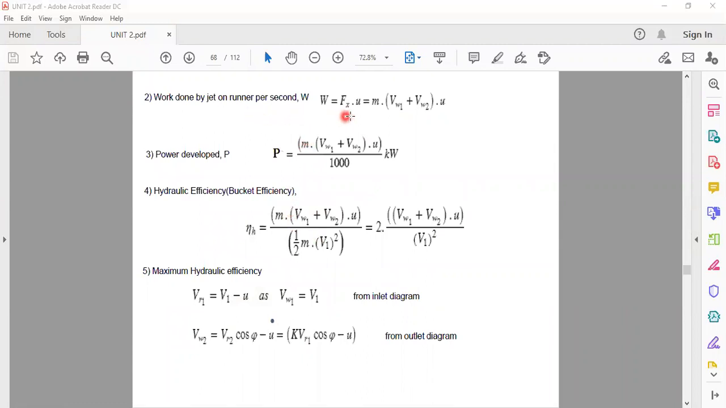Work done by the jet on the runner per second equals force into U. So we calculate power. Power equal to (VW1 plus VW2) upon 1000 into mass flow rate into U, per kilowatt. So hydraulic efficiency equal to mass flow rate into (VW1 plus VW2) into U